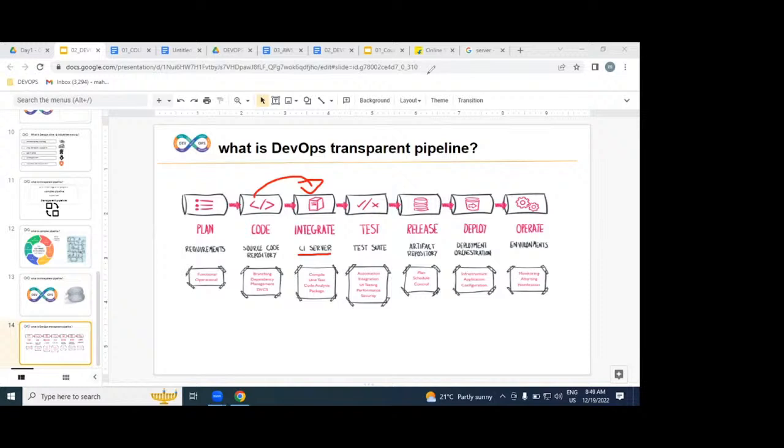Once all the developers' source code is integrated, to check whether the software is working or not, we need to execute our test cases. Who is writing these test cases? DevOps engineer or testers? Testers will write them, not you and me. So we are just integrating the test cases. Our job is only to integrate them, as they are written by testers.